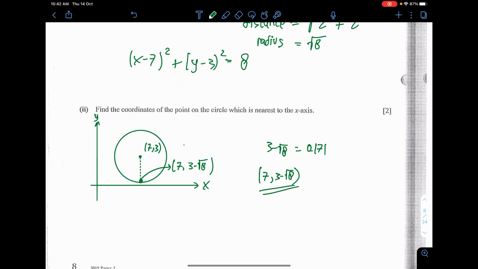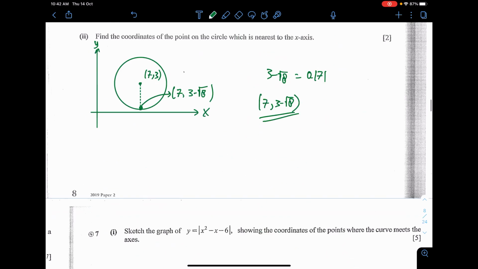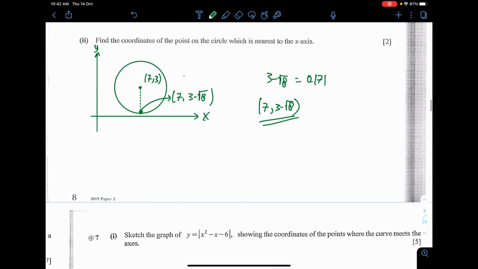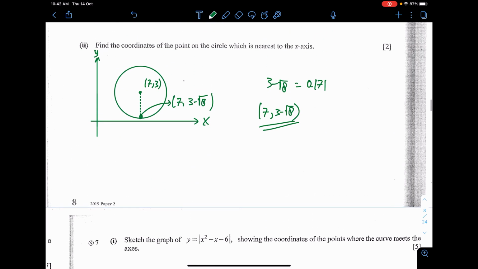This question will be tough without sketching the graph. You have no clue what is going on. So my advice is that for coordinate geometry of circle, always try to draw it. If really necessary, draw it as precisely as possible, in terms of x-axis and y-axis, draw them, right?